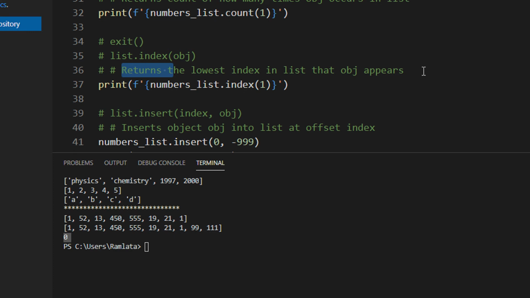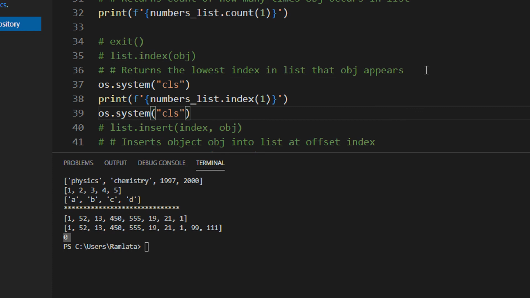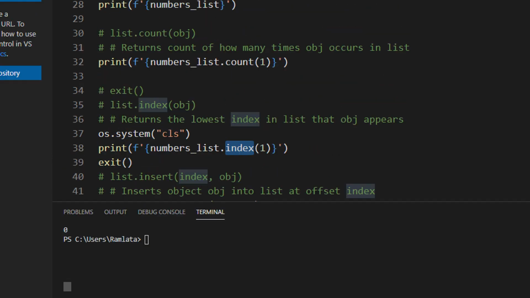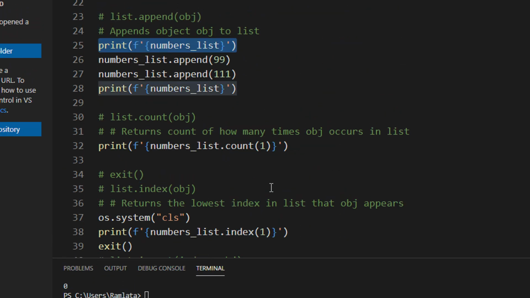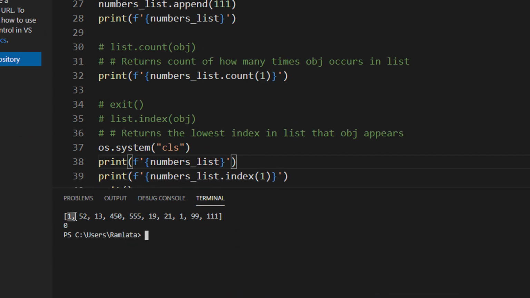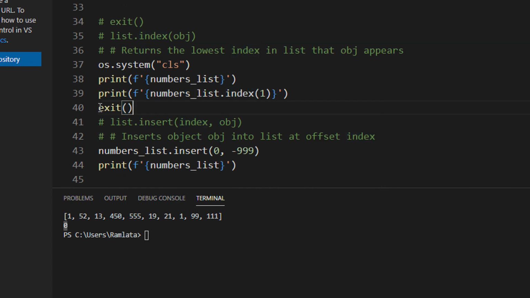Now, if you want to know at which index a particular number is present, for that you have to use the index method. See what happens, I am asking at what index the number 1 is present. Interestingly, number 1 is present twice in the list. Let us see the output. 1 is present at position 0, and 1 is also the third last element. Remember that index will always give you the first position where it appears. Even if the list is all ones, it will just give the first position. So the first position is 0 and that's it.